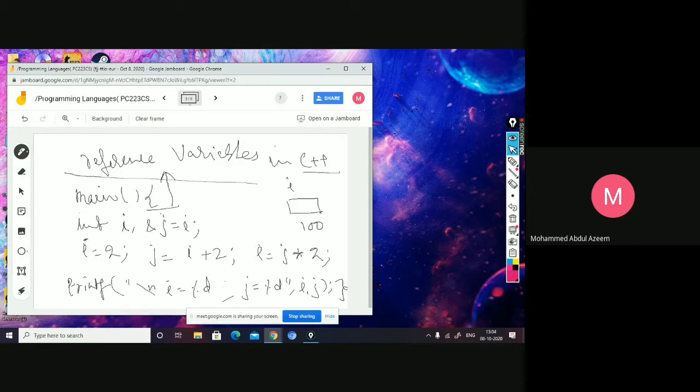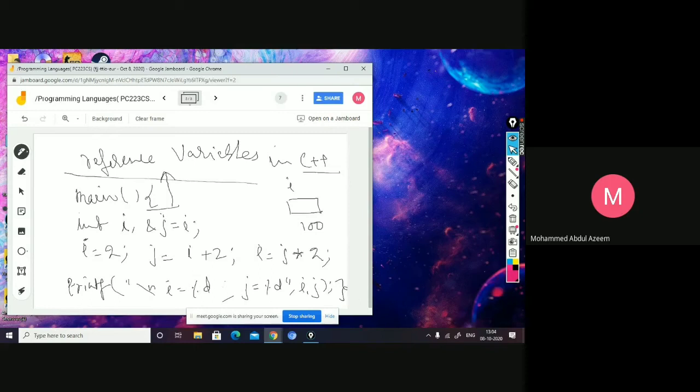So for pointers, memory will be allocated, we said, right, whenever you declare a pointer. And how do you declare a pointer? If a variable is preceded with an asterisk operator, you say it is a pointer. But if a variable is preceded with an ampersand, I say it is a reference variable. From the declaration point of view, the difference between the reference and the pointer is that pointer variables are preceded with asterisk and reference variables are preceded with ampersand. This is the first difference, at the declaration time.